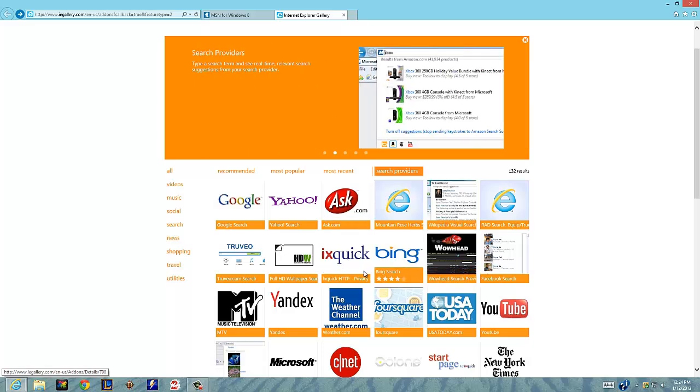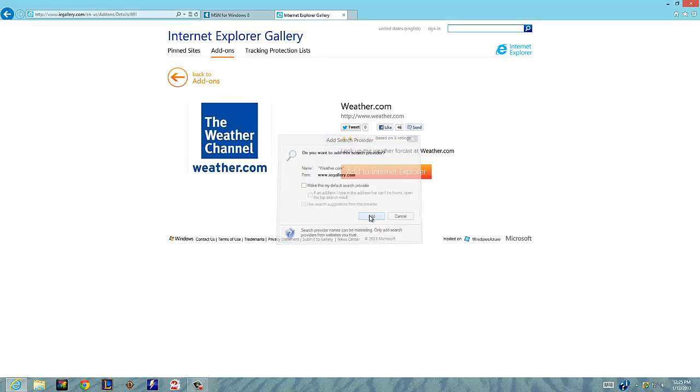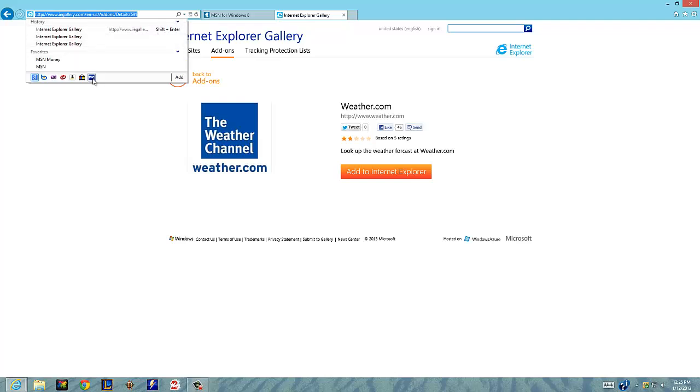For instance, if we want to add weather.com, we click add to Internet Explorer. You can choose to make this your default search provider, which I'm not going to, and then you can see all the information from it and where it came from, and then you can click add right here. Once you click add, click this arrow again, and you notice weather.com showed up. You can click on it, and then when you want to check the weather, you can just say